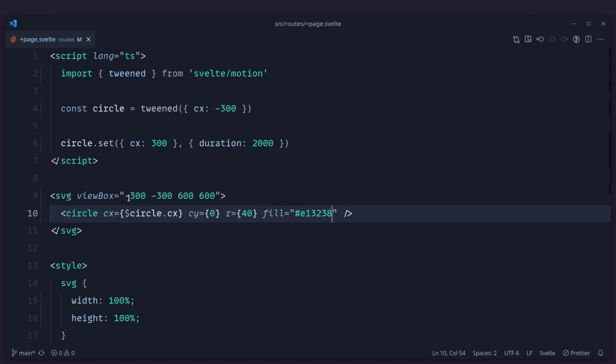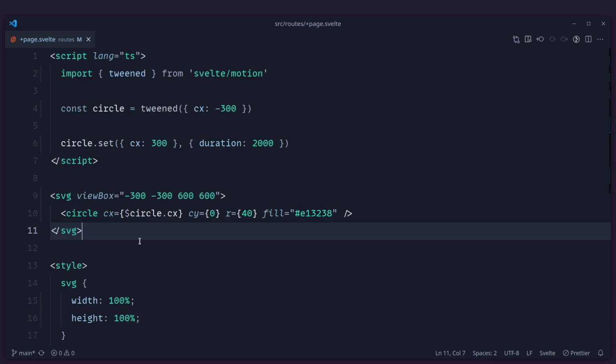Okay, so you can see here we recreated this example. We're not using CSS or anything because it's so limiting. This is what I was talking to you about. If you want to animate this view box, I think GSAP can do it, but using regular CSS keyframes, this is not possible. And later we're going to see how we can use the SVG view box to get that camera-like effect, which looks really awesome.